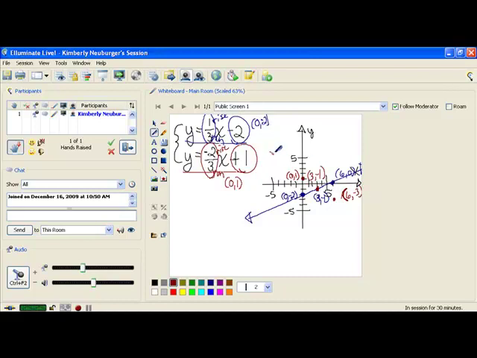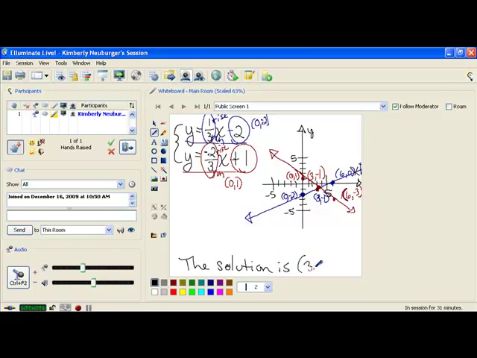Connecting those, I get a picture of my red line, and notice that they cross each other at this point 3, -1. So that is going to be the solution to our system, and we will say that the solution